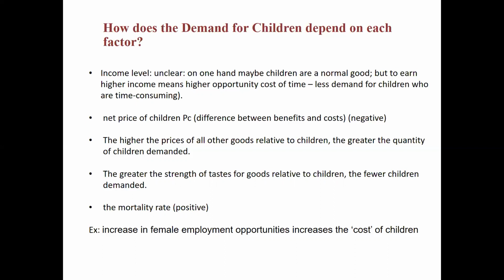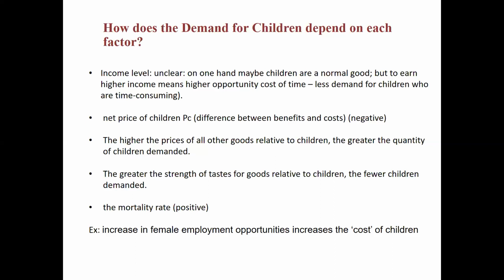Obviously, the price of having children, if the cost of education, for example, goes up, you think people will have less children, or if the opportunity cost, let's say now mothers decide to go to work, and so they earn higher wages in the society. Now the opportunity cost of mothering goes up, and so people have less children. Now, the higher the prices of other goods relative to children, that will increase the demand for children, because children is an easier way of getting satisfaction if you want. The more you like having children, the more children you will have.